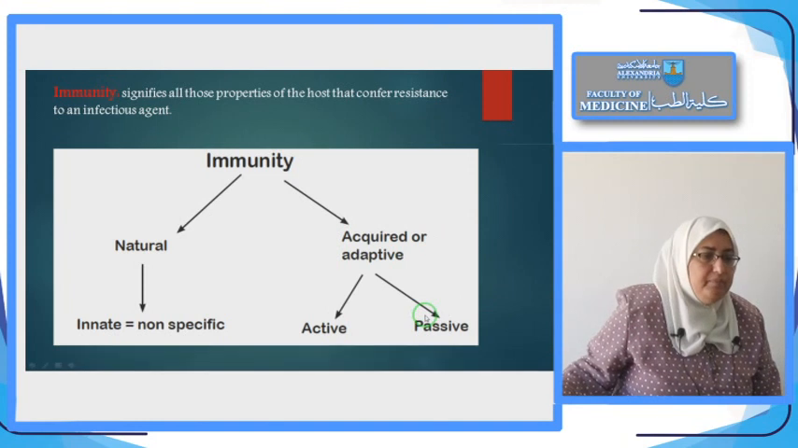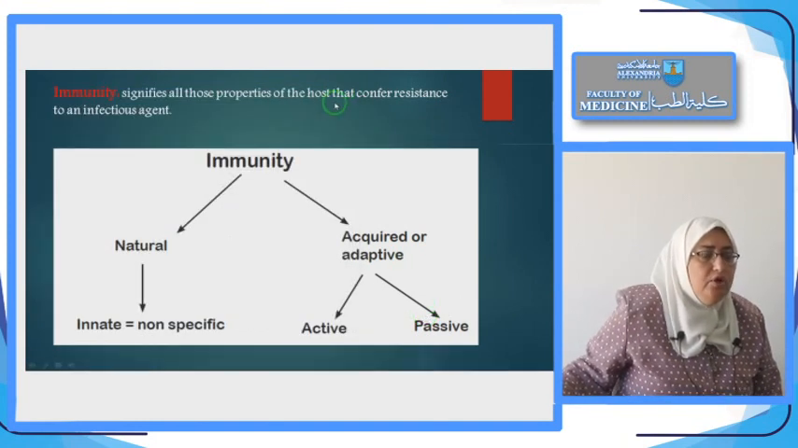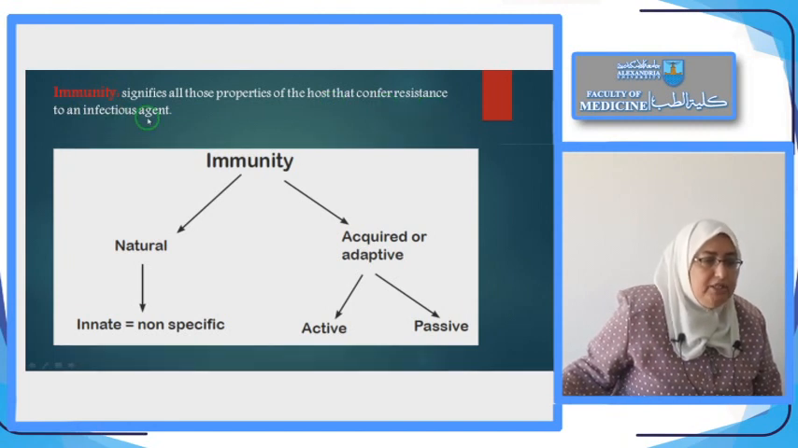What is immunity? Immunity signifies all those properties of the host that confer resistance to an infectious agent. Immunity is two parts. First line of defense called natural or innate or non-specific. The second line is acquired or adaptive, which may be active or passive, and both work to get rid of